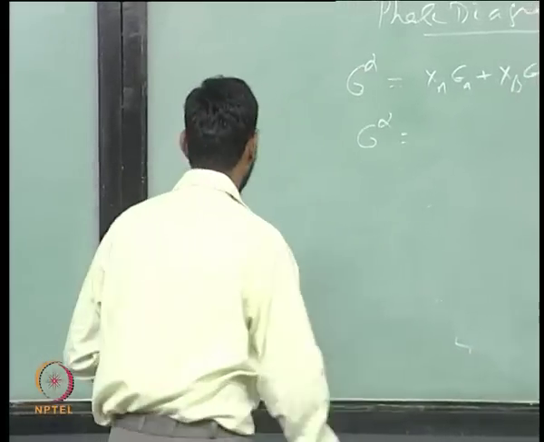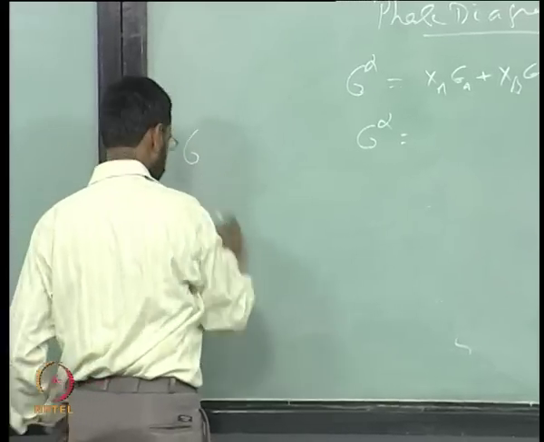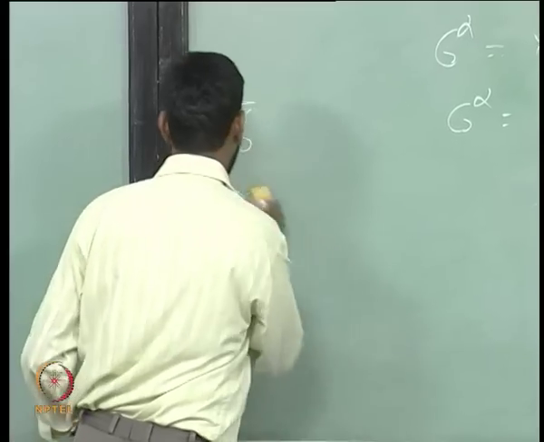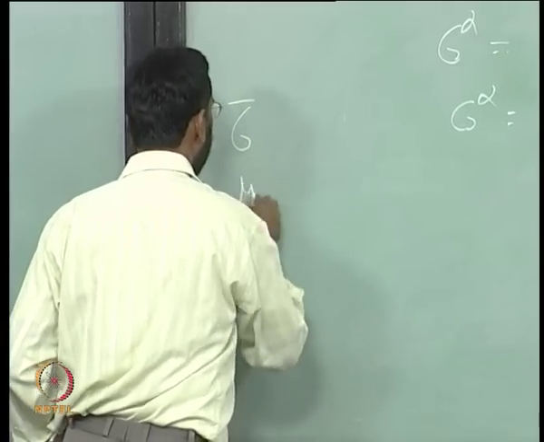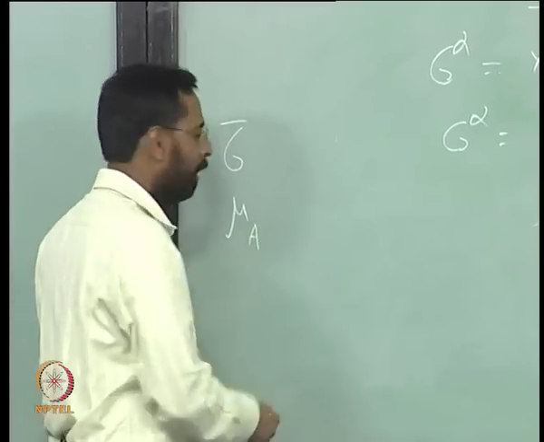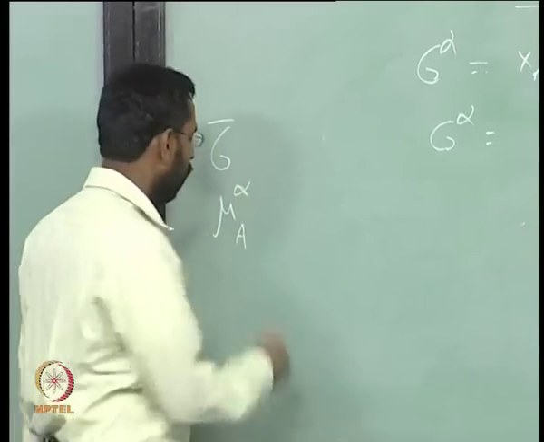When I say the chemical potential of a particular element, G bar or mu, some people call it G bar, some people call it mu, of a particular element in a particular phase, if it is equal,